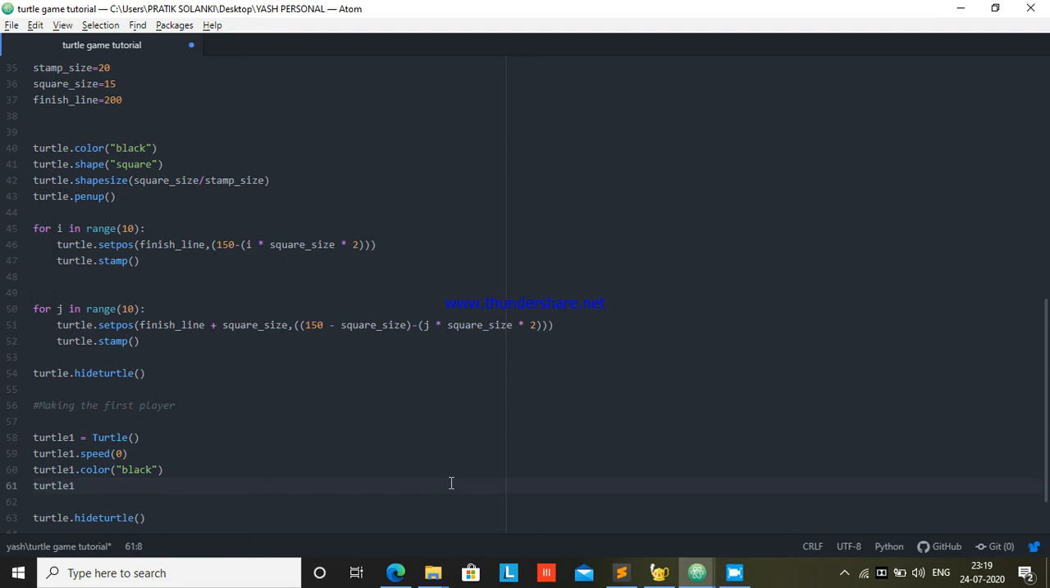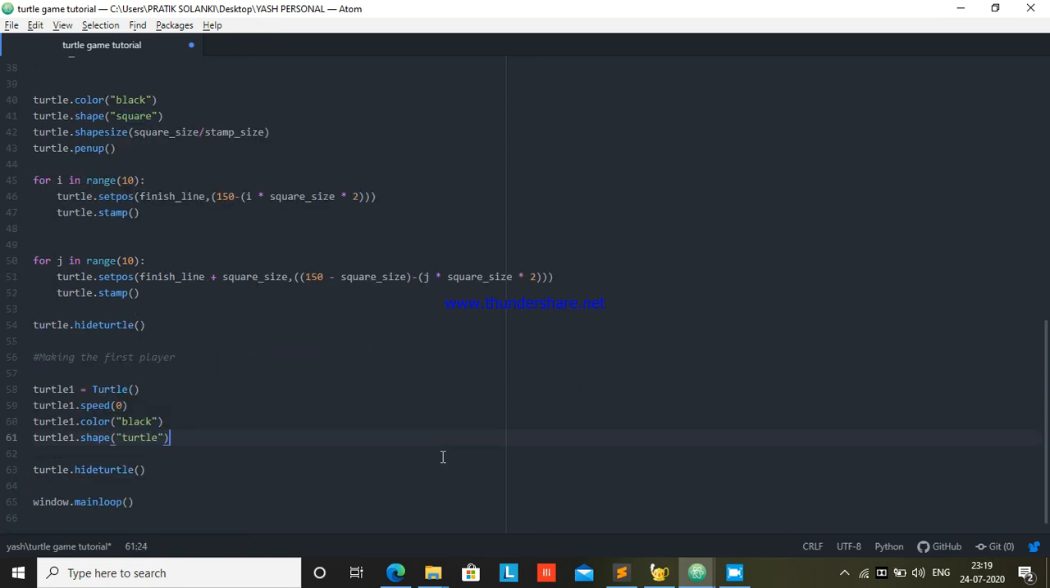turtle one dot shape. Now, as you know, the turtle module has a built-in shape of a turtle, so you can use that. That's why you can see in the finished result we did not have to import any images. Where is turtle? Okay, actually, it has to be turtle one dot penup